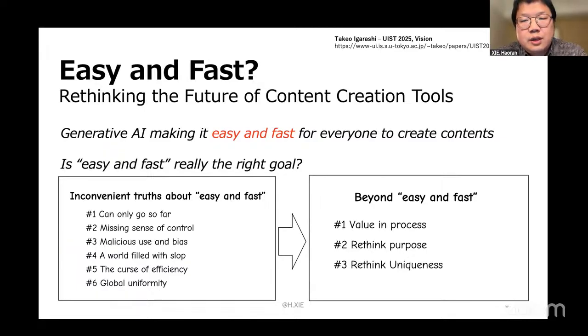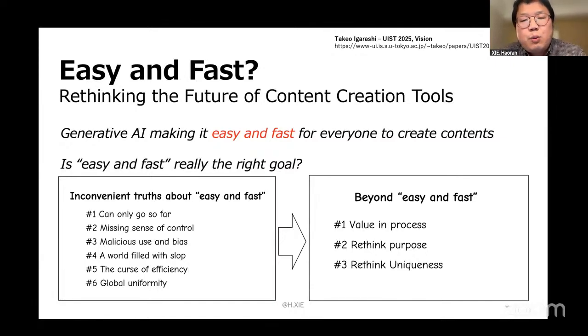This was presented at UIST last year. This is a vision paper, and the title is Easy and Fast: We Should Rethink the Future of Content Creation Tools. Basically, generative AI, image and video generation make it very easy and fast for everyone to create content.